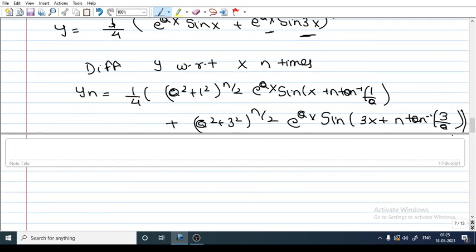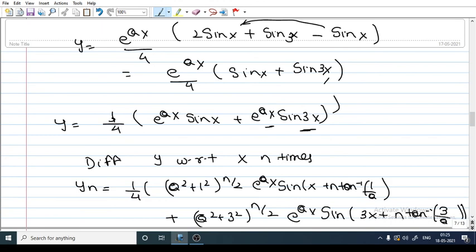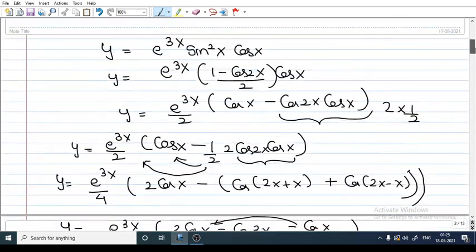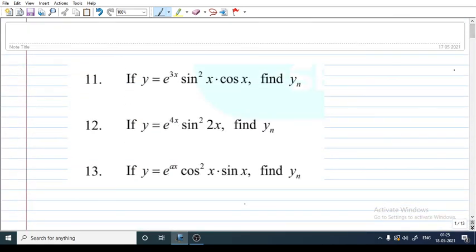Okay, so we are done with all the problems which we wanted to do on finding the nth derivative of product of two or more trigonometric functions using some basic nth derivative formulas and basic trigonometric manipulations. Now in the next session we are going to start with the nth derivative of algebraic expressions.